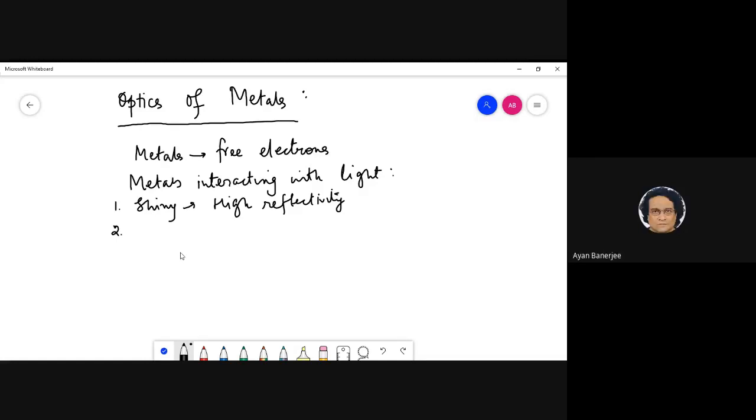Photoelectric effect. Yeah, but that is again a quantum picture first of all, and yes, that might happen, but that again will depend on whether the work function of the material is smaller than the energy of the light coming in and all that. But a general property of metals when they interact with electric fields, what is that that you typically connect when you talk of metals and electric fields? This is quite a typical property of metals, electric field and metals,